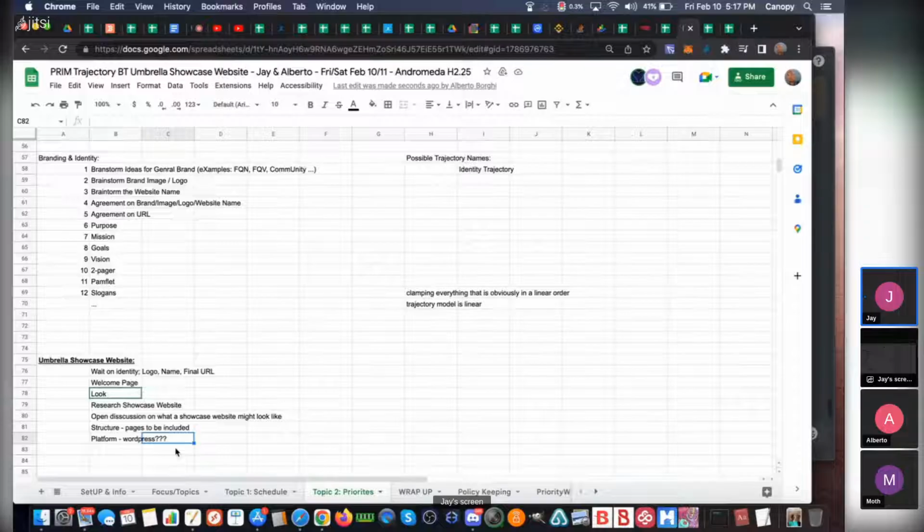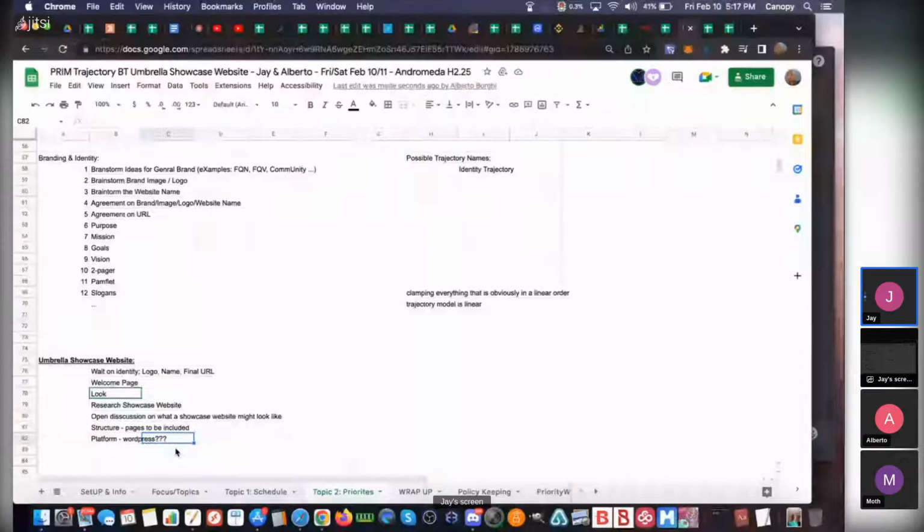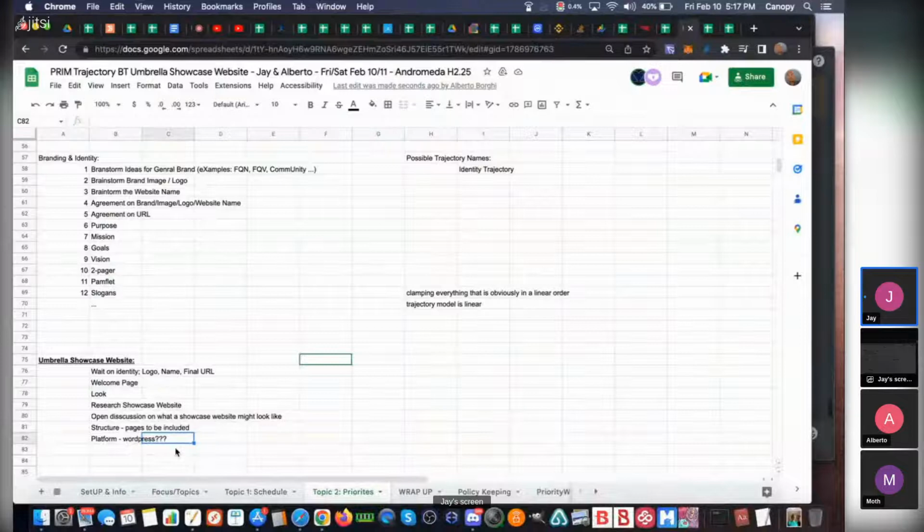Either way, we could easily create a subdomain, set up a test website on the server, and maybe it's the one we like and it's perfect, and we just point our new URL to the existing website, right? So there's no reason we can't work on the website. Imagine if we didn't work on the CSAF website until SVG was already finalized as the name, we wouldn't have gotten very far.